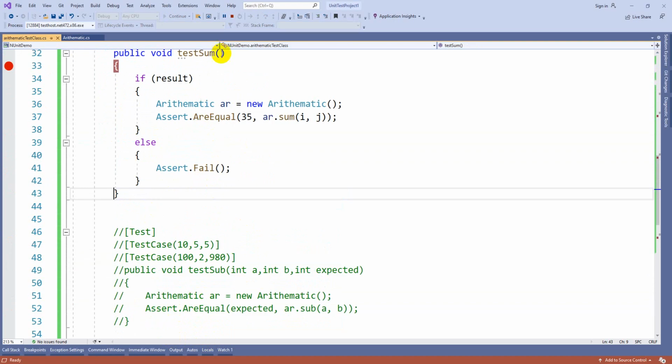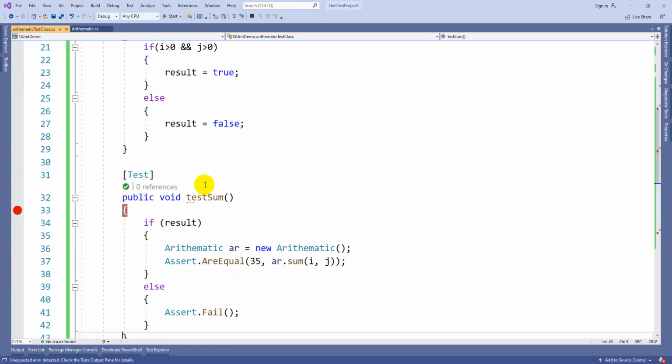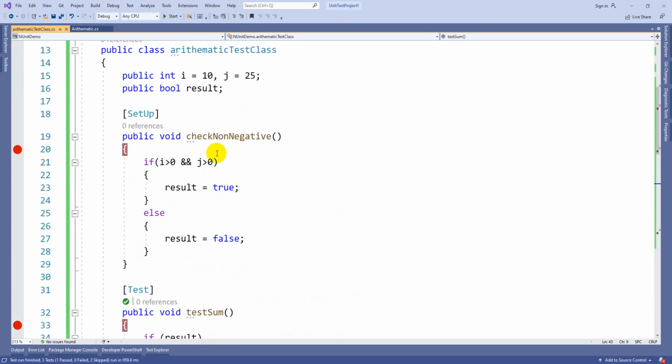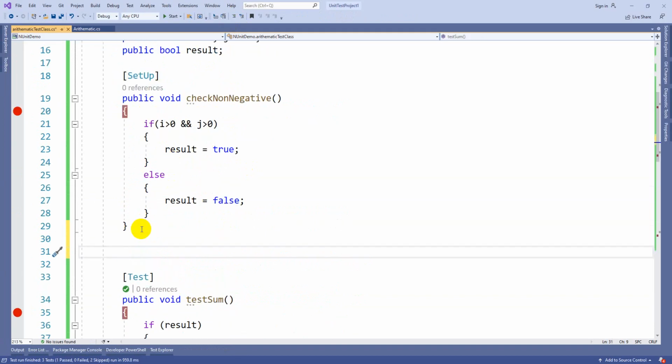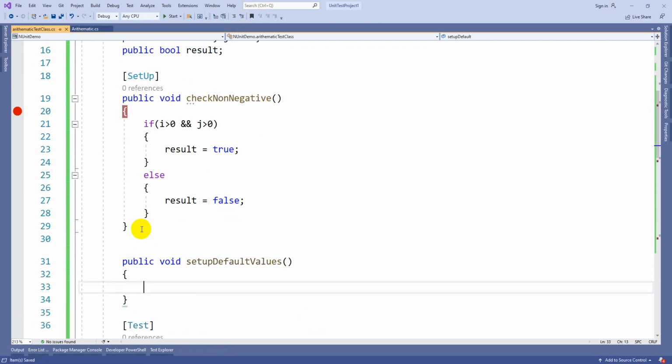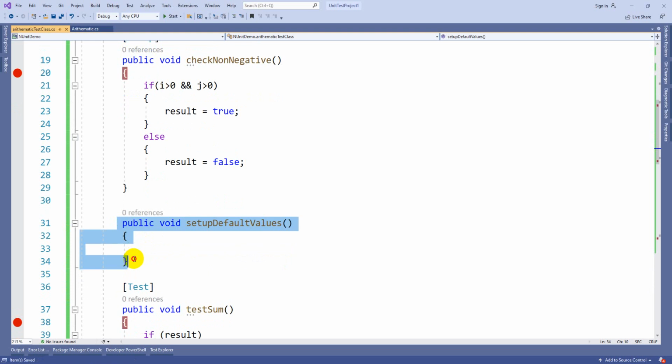Clear? So this is how you can execute some code before executing every test case. Then you can use this annotation called SetUp. Like the same, in case you want to execute a particular code after executing every test case, setting default values, I just want to execute this method after every test case.